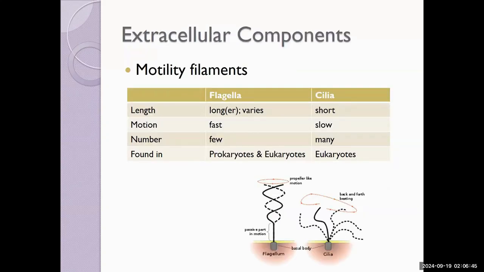If we look outside the cell, we can see that there are cilia and flagella. Now, flagella can exist on prokaryotes and eukaryotes, but cilia is reserved for the eukaryotic structures. These types of filaments differ in their abundance on a cell, but also the type of motion they create. Flagella have a propeller-like motion that drives things forward, and cilia ebb and flow. They generate more of a wave component.